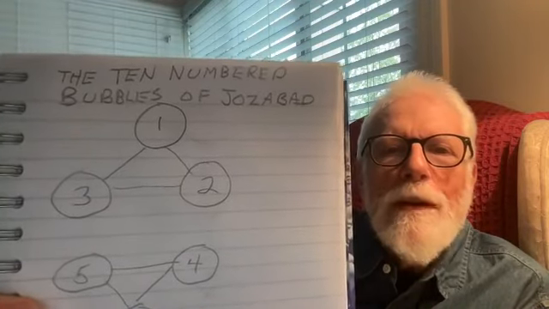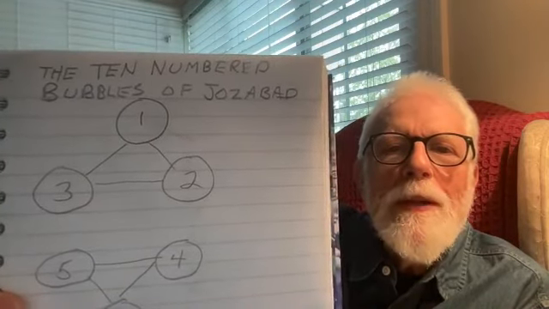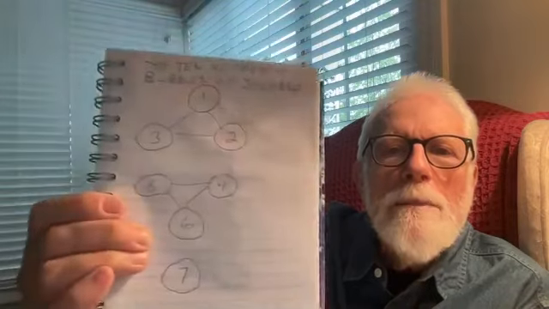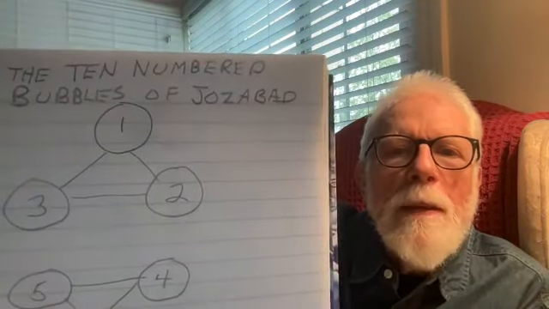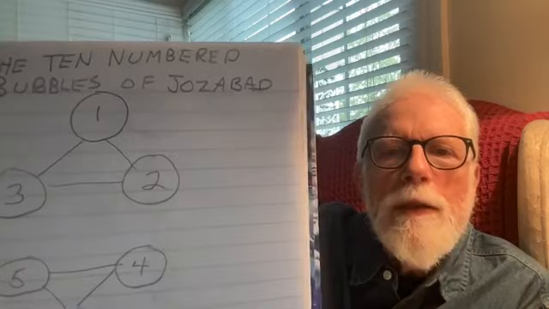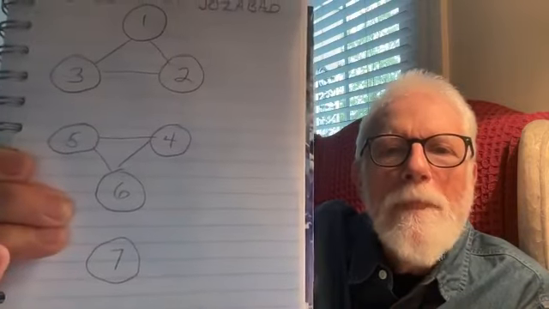Hello, this is where we left off yesterday with what we're going to be calling the 10 numbered bubbles of Zozabad. And we're building a tree of life using the classic Kabbalistic logic of thinking about stuff just too much until you go crazy. And we're